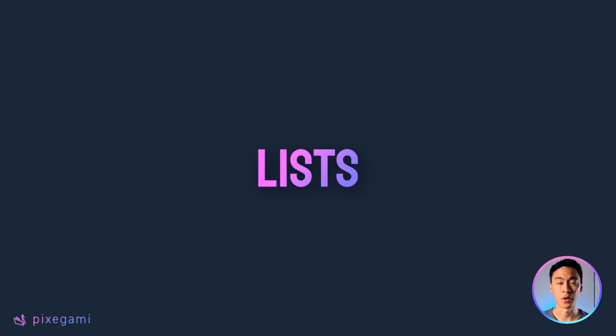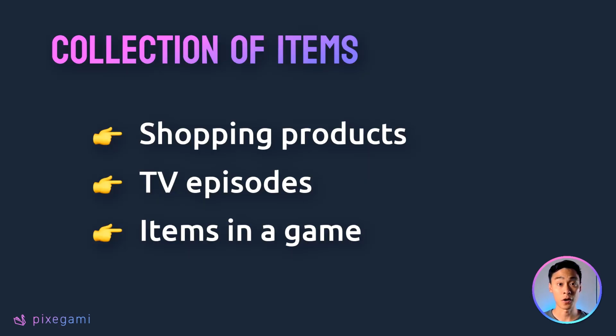In this chapter, we're going to learn about lists in Python. A list is a data structure that allows us to store and work with a lot of data at once. So far, we've only been dealing with single individual pieces of data. But in the real world, it's far more common to have data that appears as part of some collection or sequence. And if you look around, you'll find examples of this everywhere.